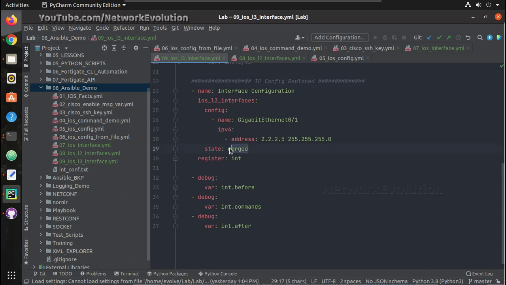Now here the state I need to change to replaced, and the IP I'll change to 2.6, and we'll see the behavior difference when we use replaced.